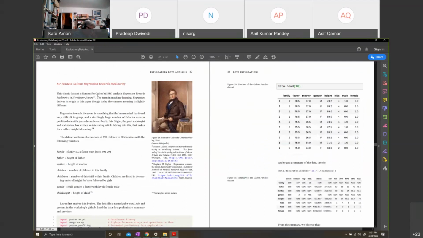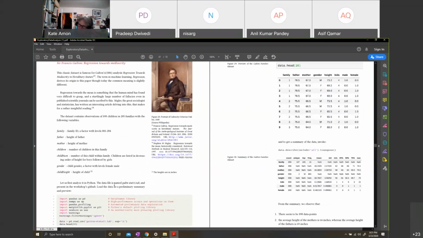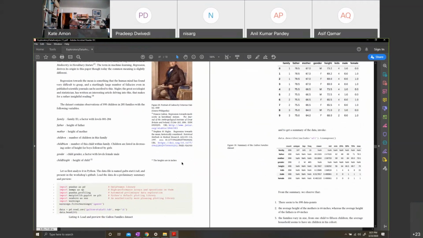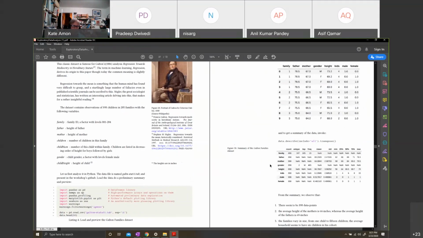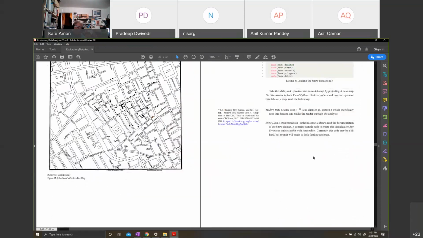Likewise, this is the Galton data set. Again, I believe I've used pandas. So again, alternated. Florence was in pandas, Python. John Snow's data set, the Cholera data set, I left as an exercise for you in R. This is again in pandas. And very simple. Galton's work is regression towards the mean.